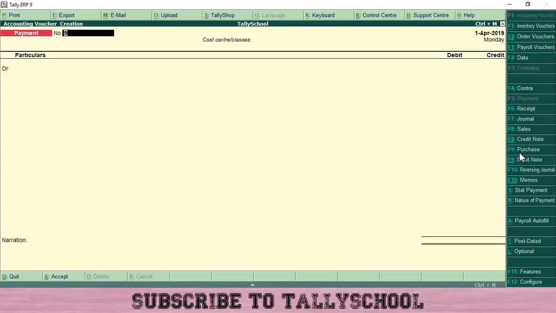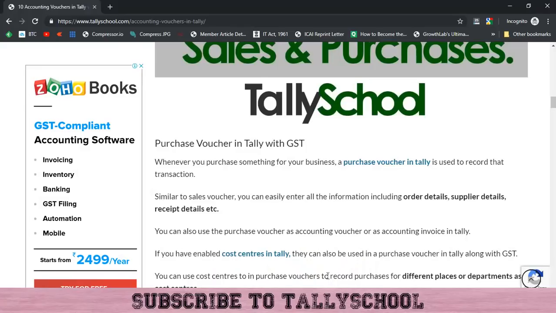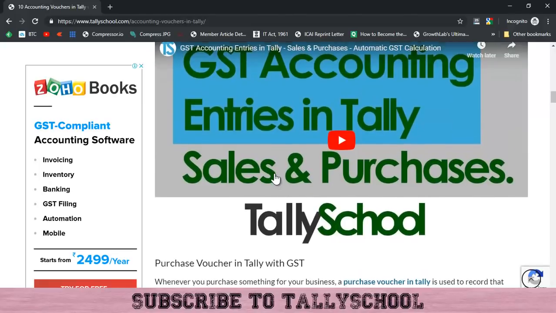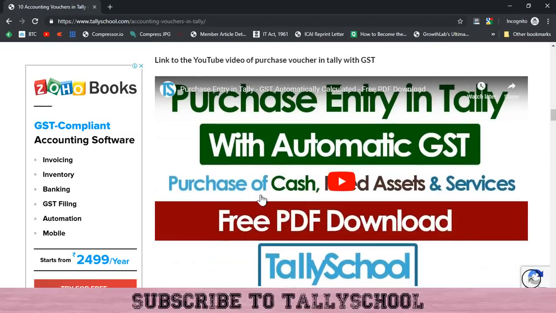If you press F9, you can see the purchase voucher as well, and you can enter the purchase entries easily. So you know what a purchase voucher is, right? I don't have to explain anything about that. And if you want to learn about that, you can come here and see this video which includes sales and purchases, and you can see the different video of purchase entry in Tally with automatic GST calculation as